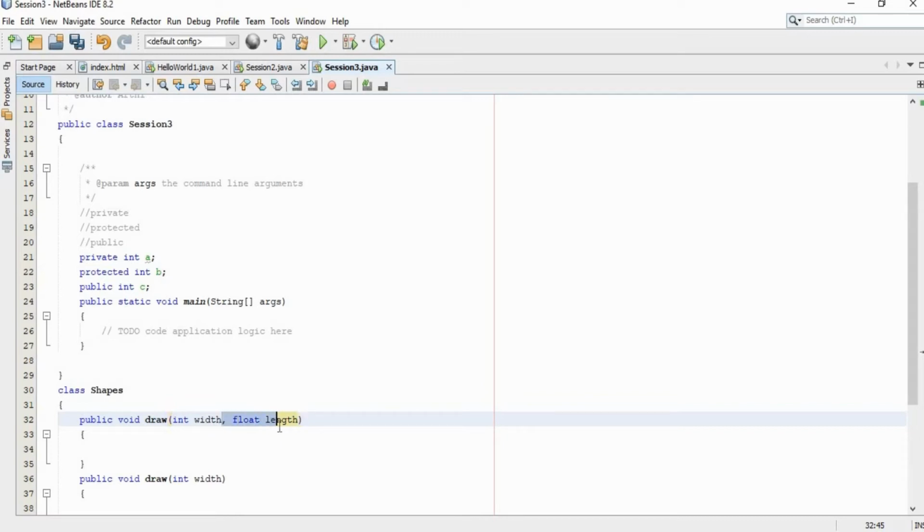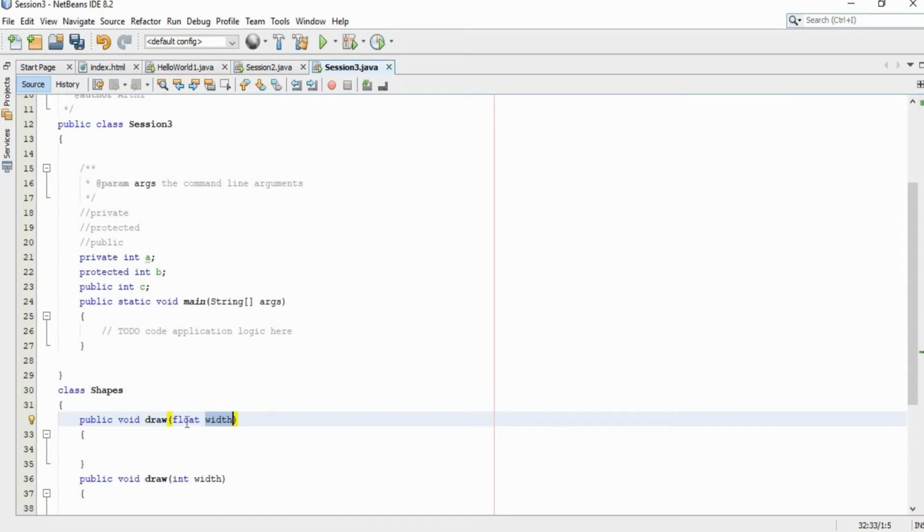I cannot overload a function with the same name as well as the same type and number of arguments. Instead, if one function has a float type argument and another function has an integer type argument, that is a different type of argument, meaning the data type of the particular argument we are using inside a function, right? In this draw function I have an argument called width.